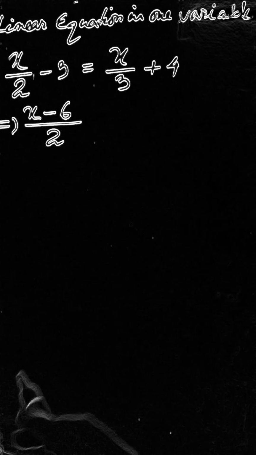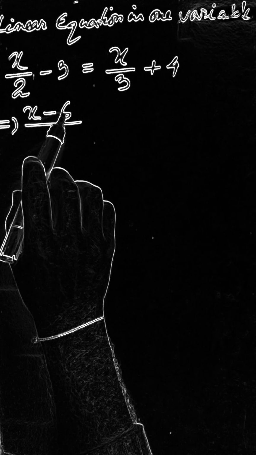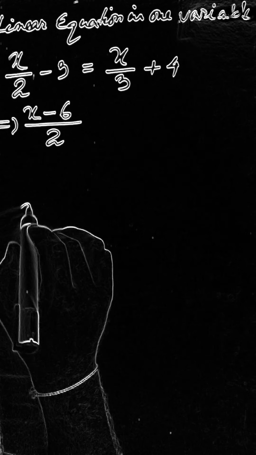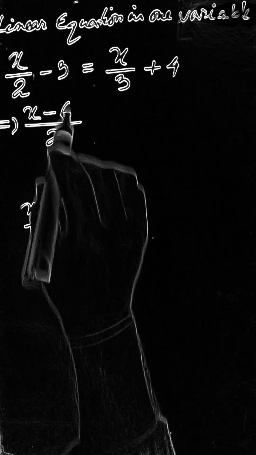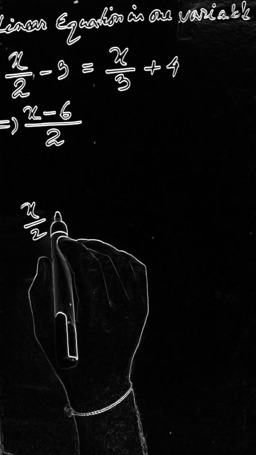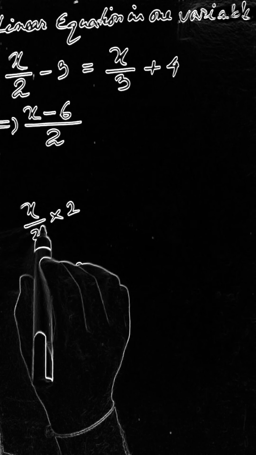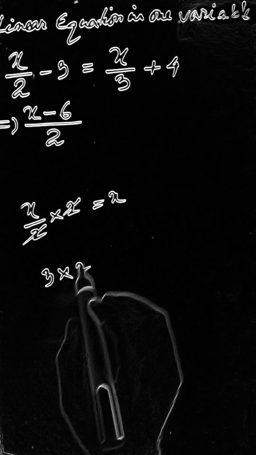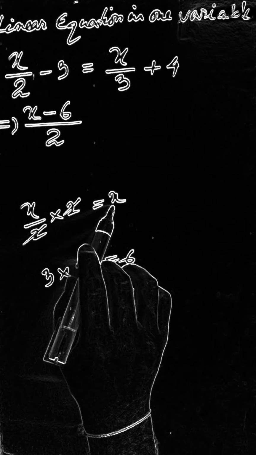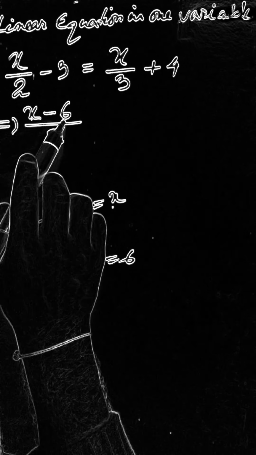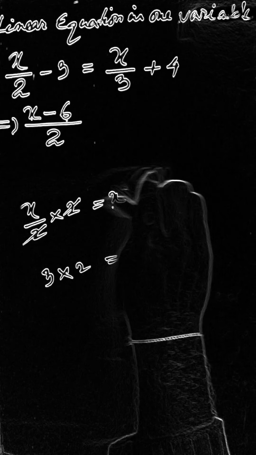I'll just show you how we get this x and 6. First you write this x by 2 here, and next is 3. You multiply them by the LCM. What was the LCM? 2. Here also 2. The 2s cancel, and we get here x. 3 twos are 6. x I have written here, and 6 I have written here. Okay, then